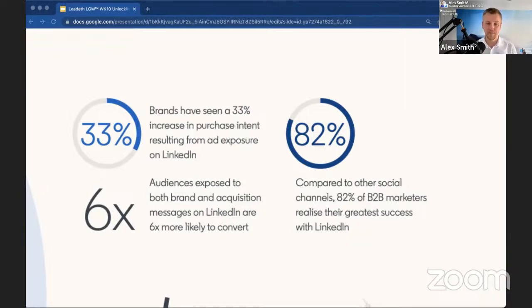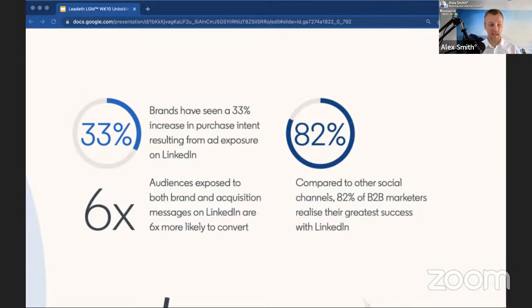So yeah, this week's topic is all on LinkedIn ads. So we're going to look at how to use them to generate more leads for your business. So let's start with the basics. What are LinkedIn ads and why should businesses be using them? Well, quite simply, LinkedIn ads are a form of advertising that allows you to promote your products, your services on the LinkedIn platform. And it's very much a paid platform like all these other social media sites. That's where they're getting their revenue from. It's all coming from advertising. And the more time you're spending on the platform, the better it is for them, because they make more money from you clicking away at an advert potentially.